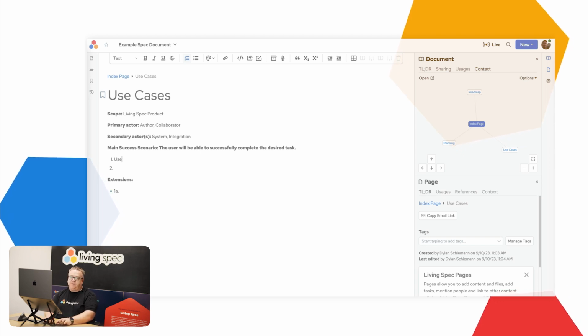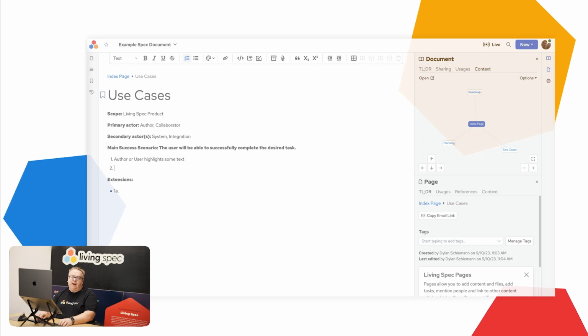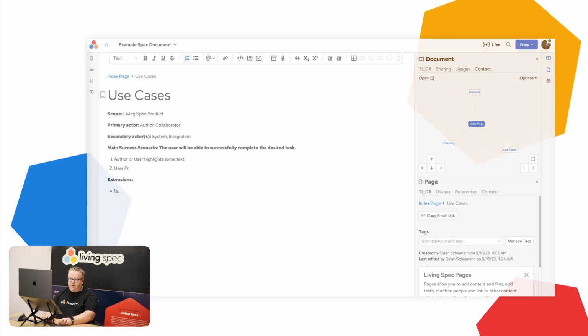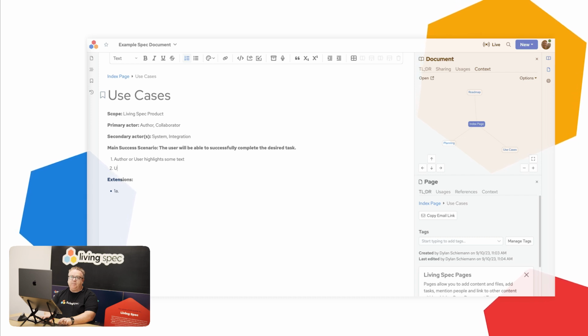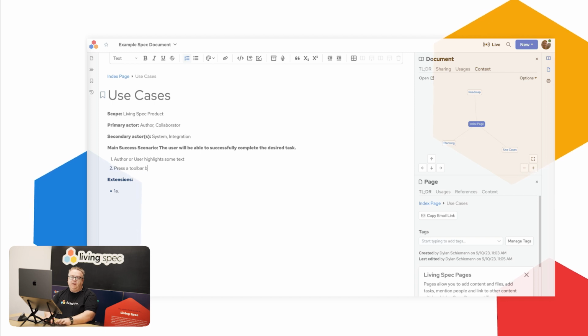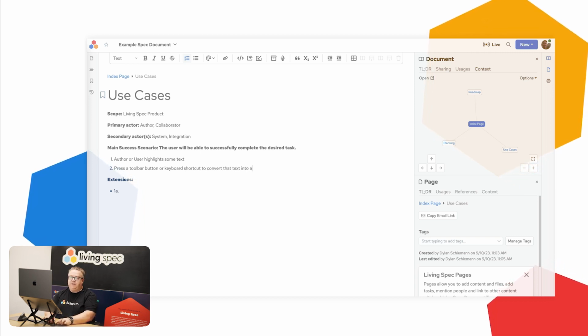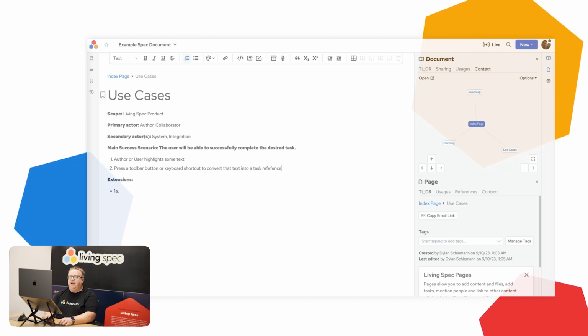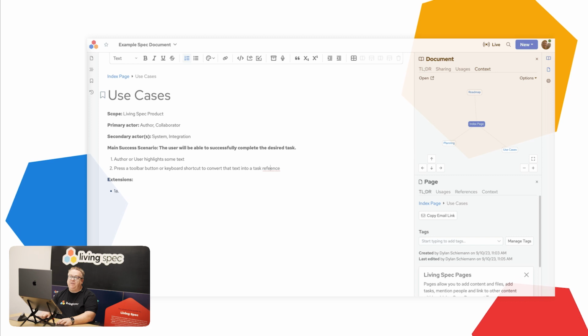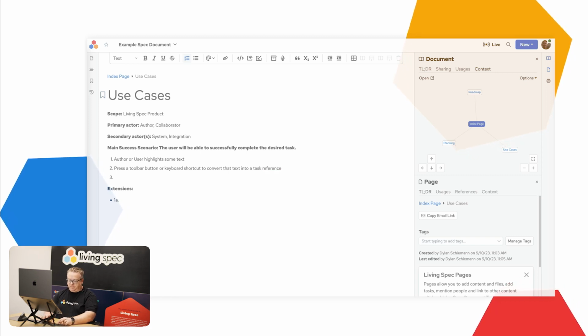So we could say that the user, well, let's say the author or user highlights some text, and the user presses a toolbar button or keyboard shortcut to convert that text into a task reference. And then the user accesses the task